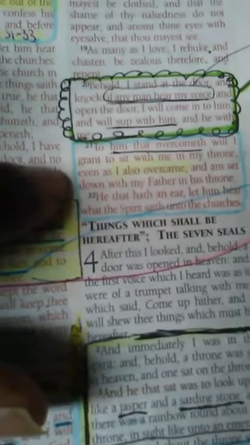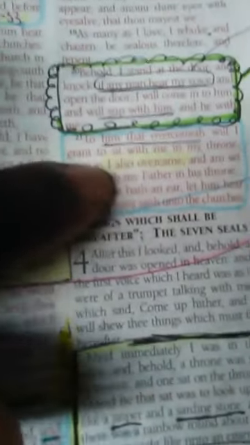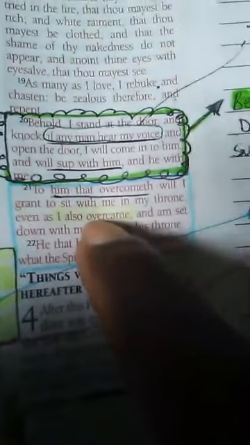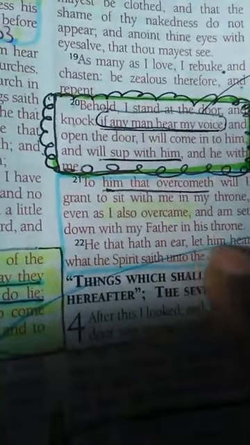See, because the Messiah, who you call Jesus Christ, he tells you, I overcame this, man. When the Messiah of 2,000 years ago was on this earth, he had to overcome this just like we do. Or we've got to overcome it just like he did. So this is why the Messiah has never returned. This is why the Messiah didn't have to come back, because he overcame. He didn't have to reincarnate because he overcame. See, I also overcame and sat down with my Father in his throne. You see that?